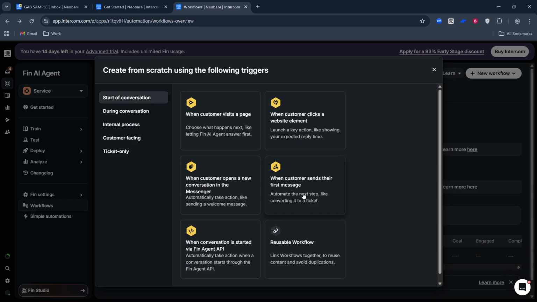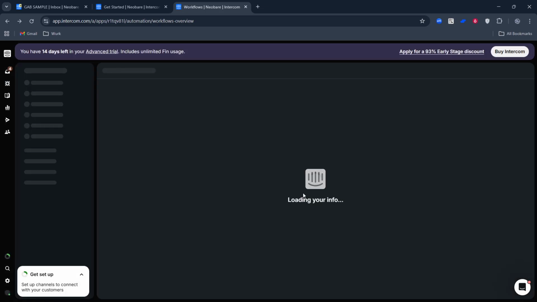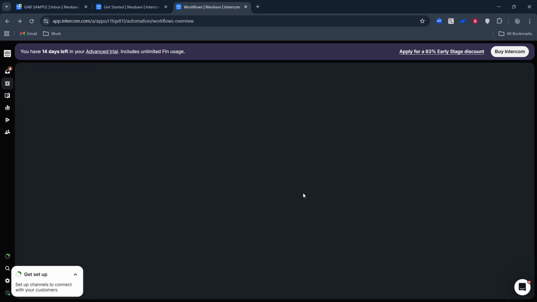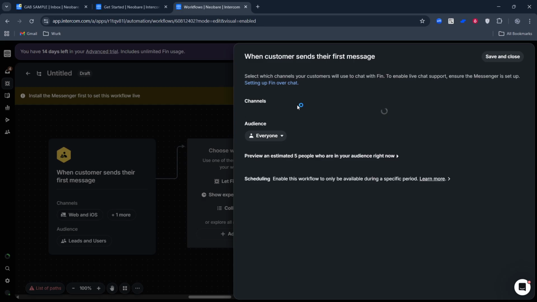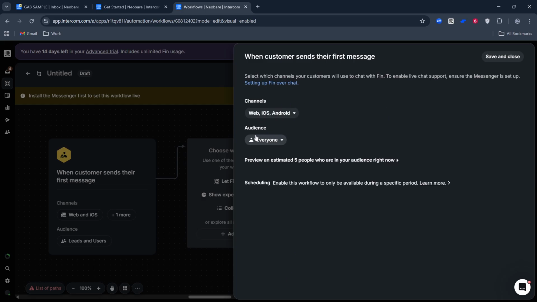Click Add step to choose the actions your workflow should take. Send message is perfect for immediate automated replies or confirmations. Ask question helps you collect key details from the customer, like account type or issue category, so the follow-up can be more precise. Assign team routes the conversation to the right group, ensuring specialized teams see relevant threads as soon